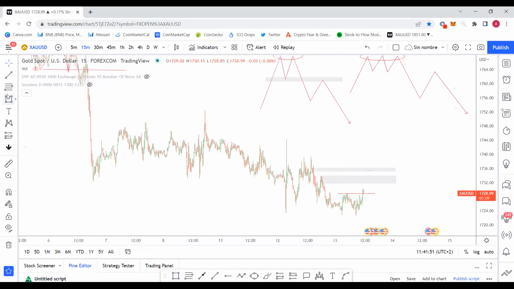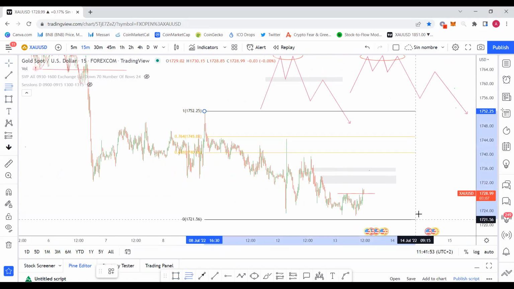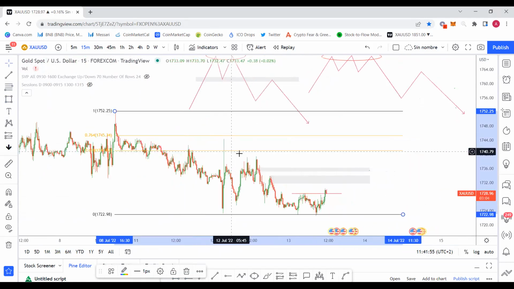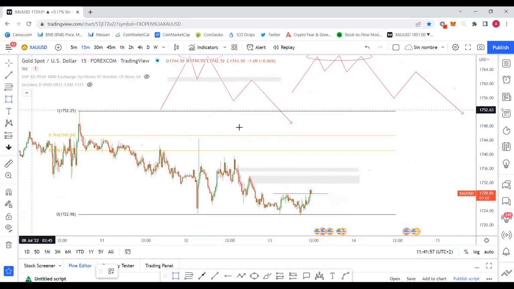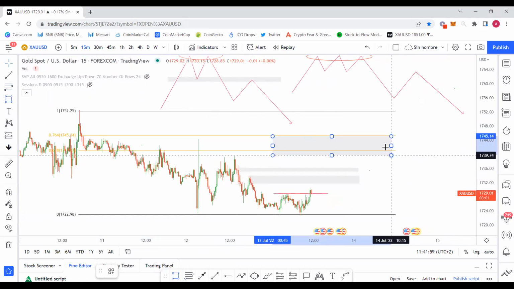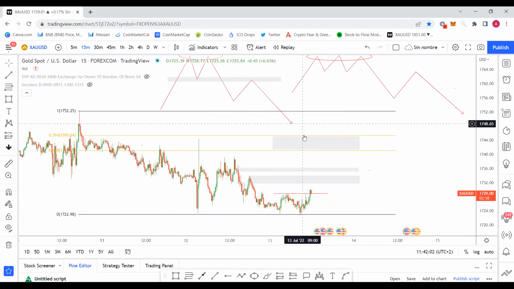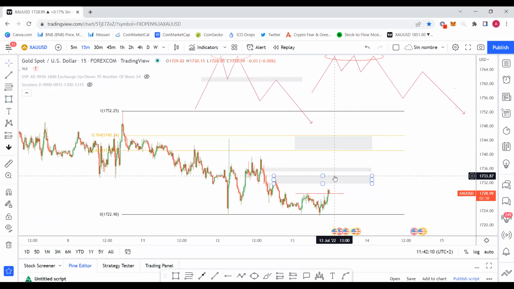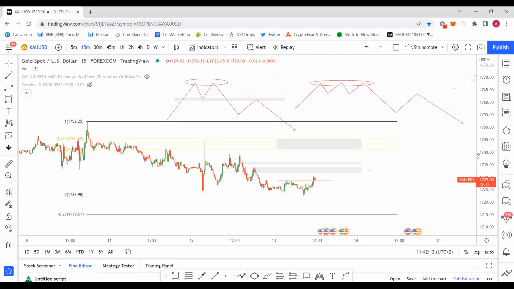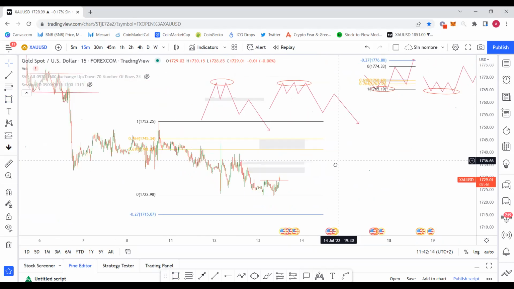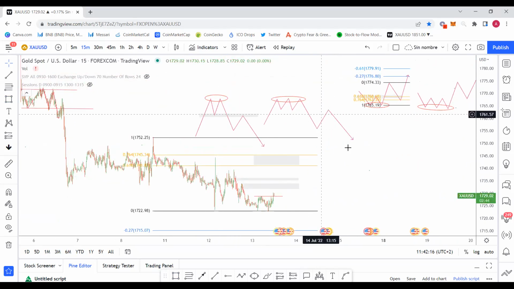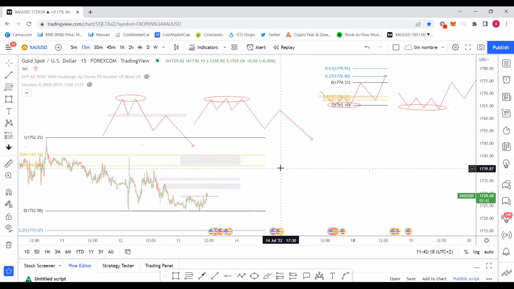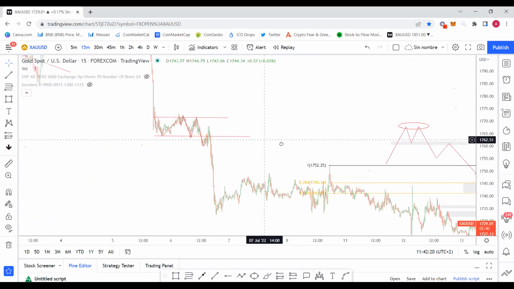Maybe I could also draw some Fibonacci from the highest to the lowest point. I could also look to take profits around this golden zone in case price wants to test this zone and keep on its bearish move. So essentially, this is how I trade the double tops and double floors. If it was a double top, it would be exactly the same.